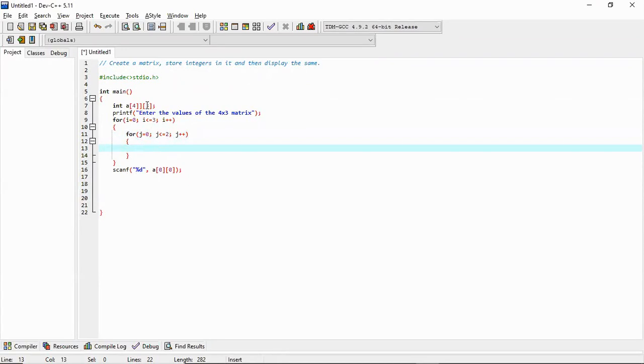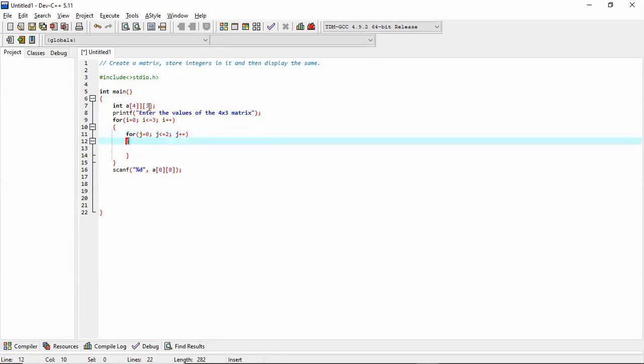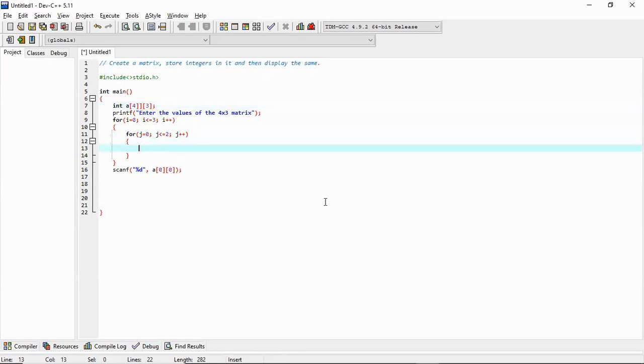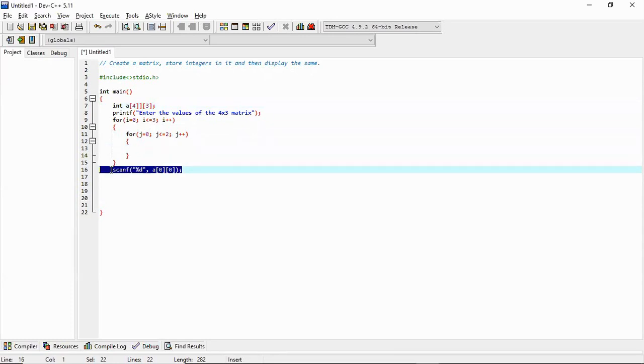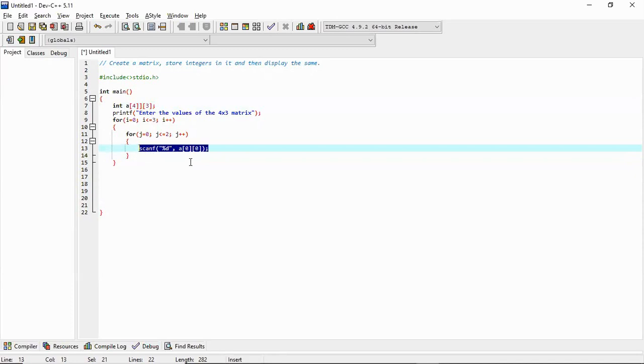And why are we running it 3 times? Because the number of columns in this matrix is 3. Now this is a proper code. Now we will do this scanning here, and instead of writing 0 and 0, we will change it to the particular variables i and j.